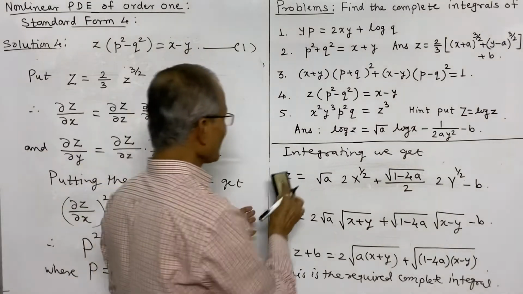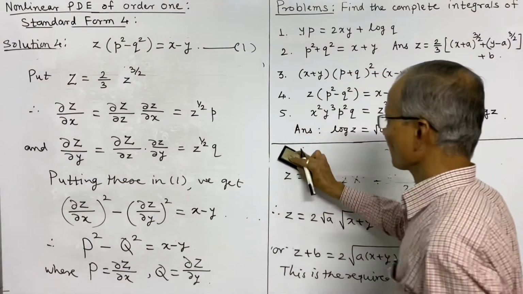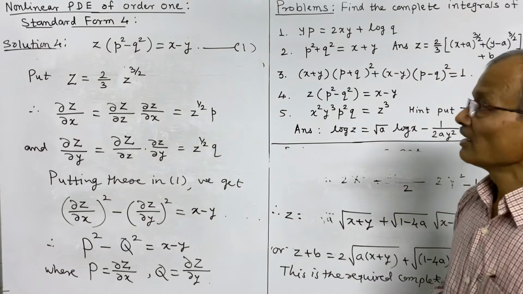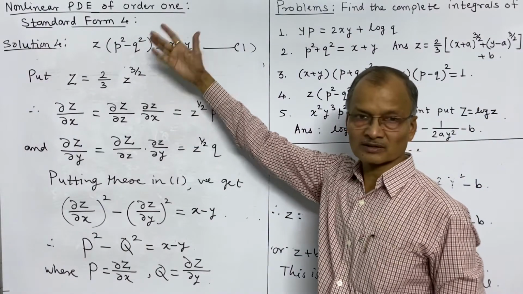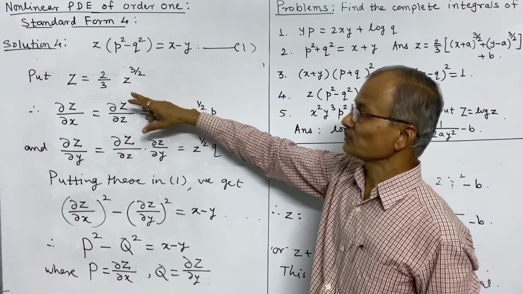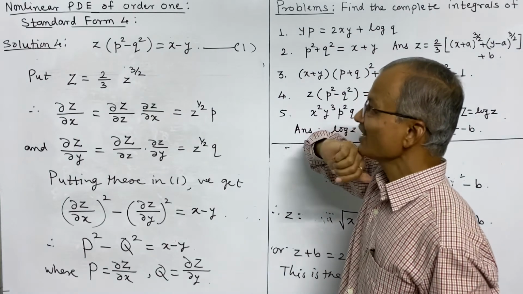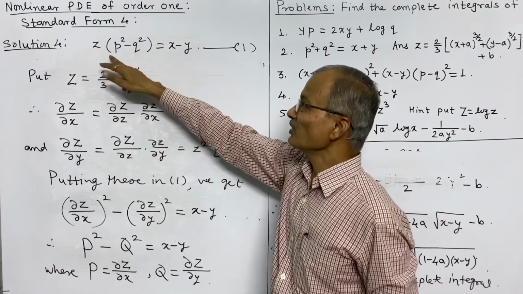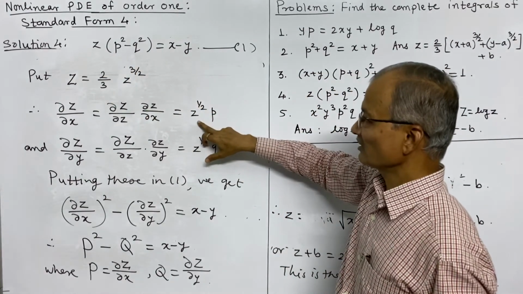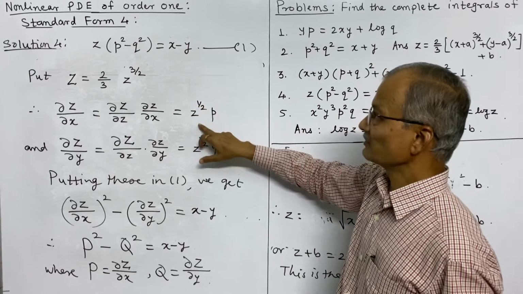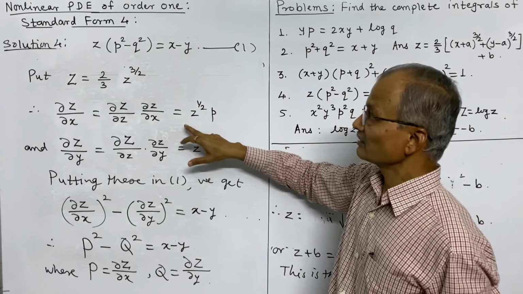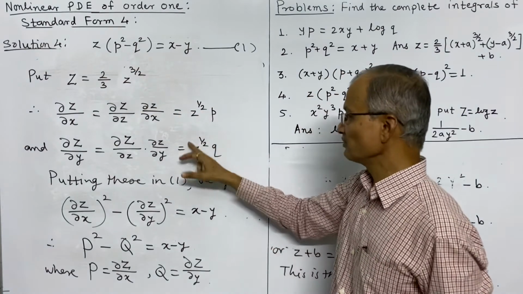So further, now this is in the standard form 4 after substitution. The original equation was not in standard form 4. Using this substitution, how is the substitution decided? By observation only. We want z p square, and this is the square root of z p square, and similarly z q square, this will be square root of z,